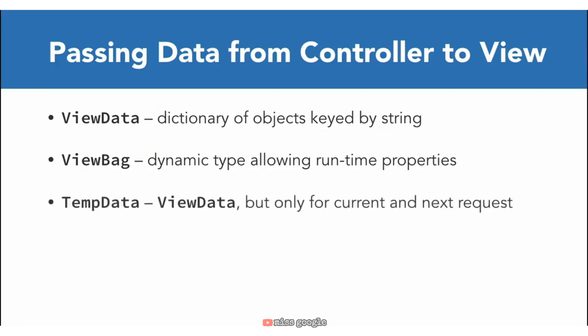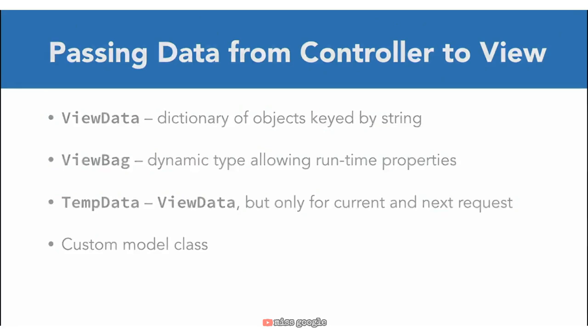Temp data is the third option and works exactly like the view data, but its values last for the current request and the next request, unlike view data and view bag, which only last for the current request cycle. This option is primarily to support remembering the state of the model during a client-side redirect event. Finally, ASP.NET MVC5 provides the ability to pass custom model classes to your view. We'll look at this in some more detail in an upcoming video, but for now, let's focus on these other